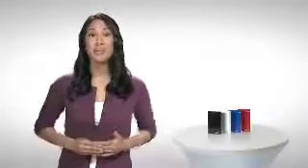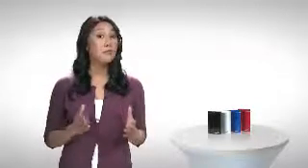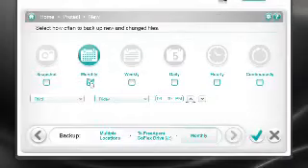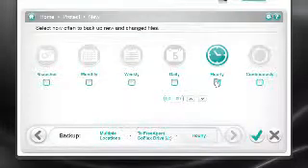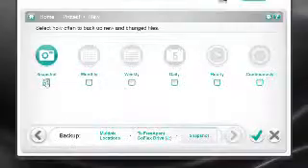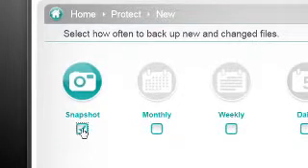Okay, let me show you how to set up a scheduled backup. This basically tells your computer when to actually perform the backup. After you've selected the files and backup location, simply select monthly, weekly, daily, or even hourly to back up your files. This should be pretty intuitive. The snapshot option is for those of you who like manual control over your backup.